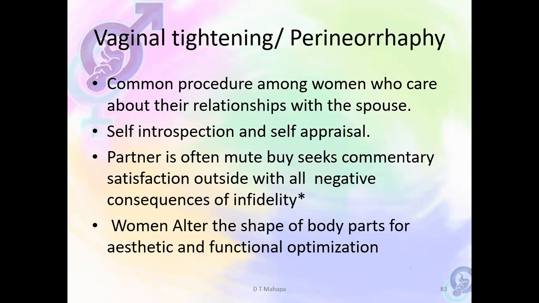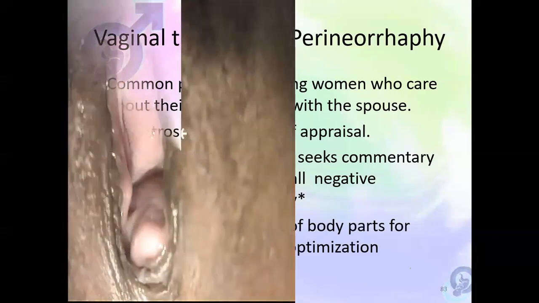There are also financial consequences because you can't have a Nyansi without spending money on it, because even to this day, sex is commercialized. Once somebody has got a Nyansi, you must know he's spending a lot of money. So women alter the shape of body parts for aesthetic and functional purposes, which we don't shun. If your introitus is damaged, the best thing is to go and do vaginoplasty so that it can look better and function better. If it's mild, not much damage, it can be done in the room with radio frequency or with laser. I use radio frequency with the process called 360.